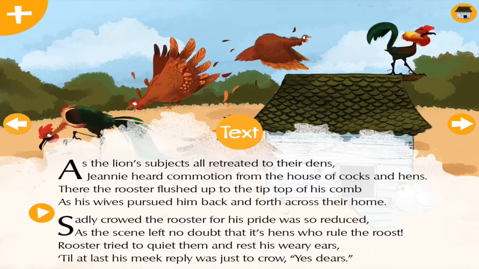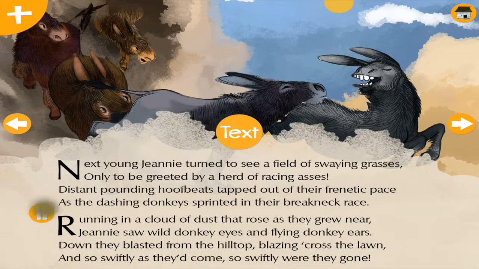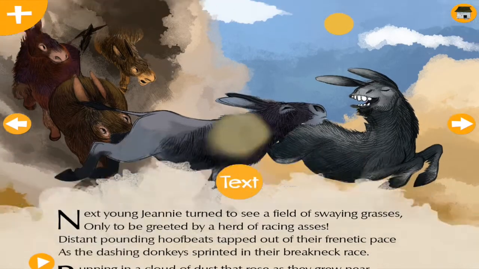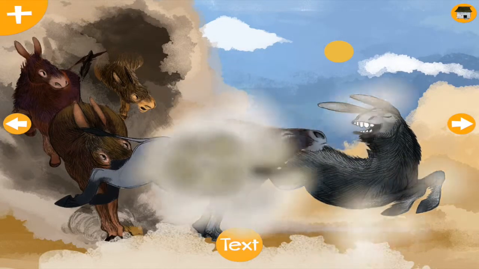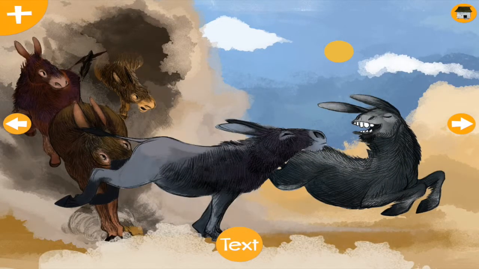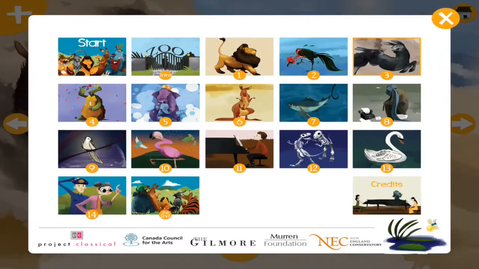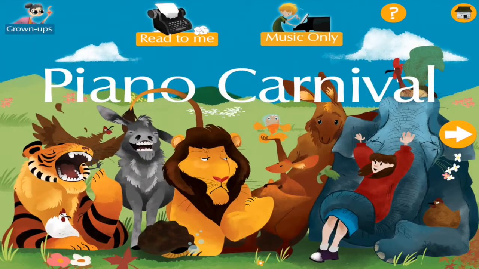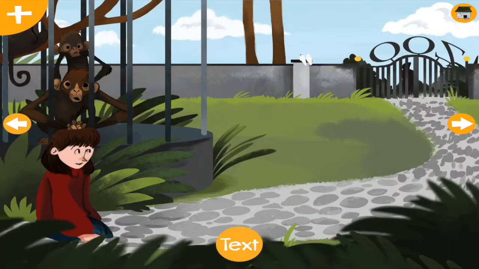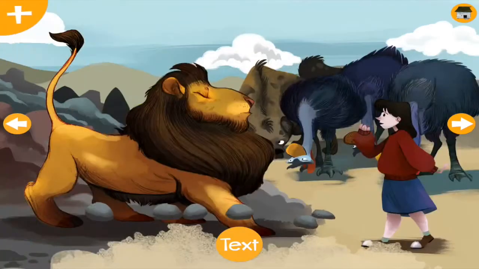So we have the chickens and the like, and the asses. I like the smoke on this one. Another element which I find interesting is if I go back to the opening screen, what I can do if I want to engage the learner more directly in the music is start with music only. Now this first slide has no music, but if we go to the second one,